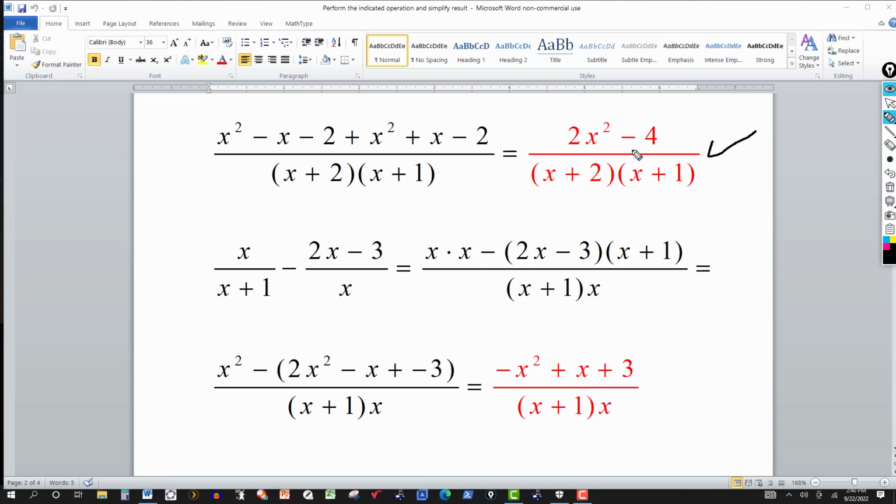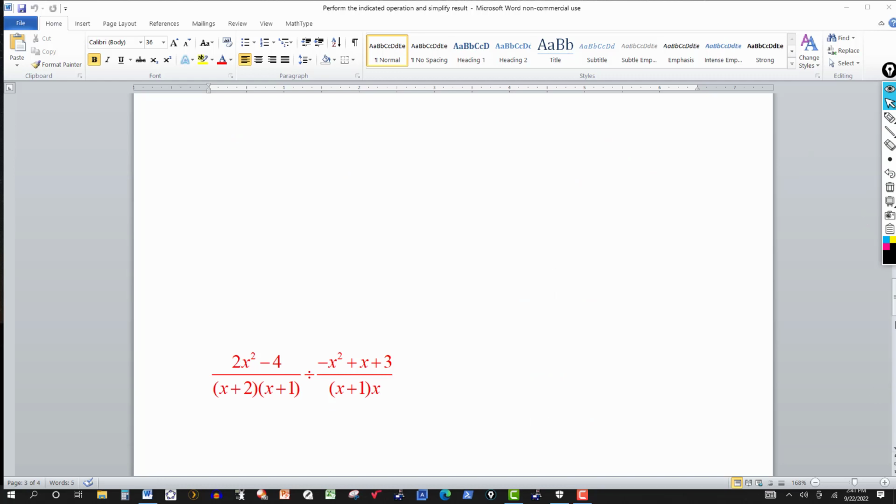So you divide this by this. The numerator expression divided by the denominator expression. So here's what we have here. So this is what we got for the numerator. And this is what we got for the denominator. So it's just divided by this. 2x squared minus 4 over x plus 2 times x plus 1. And the division procedure is when you divide fractions, whether you're regular fractions or rational expressions,